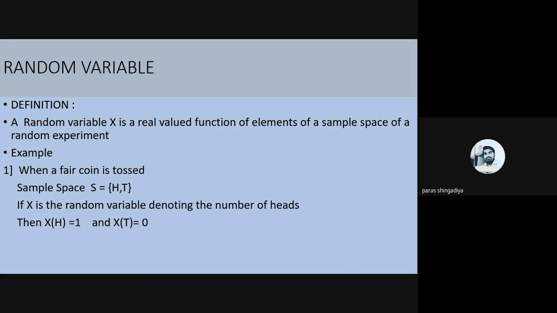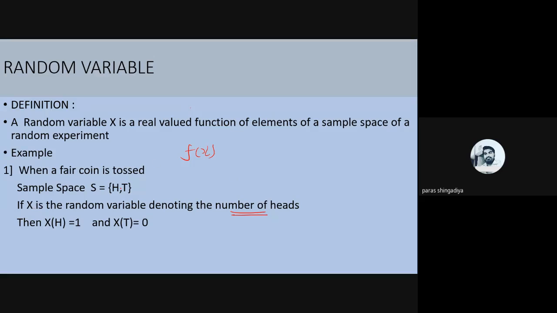That is our real valued function, and we consider an input value. X is a real valued function here. For example, we have f of X, where we give an input and can find its output. Similarly, in place of f we have X. X is a random variable. It is a real valued function here, and it is denoted as a random variable. And here, how can we check its output? It is denoting the number of heads.